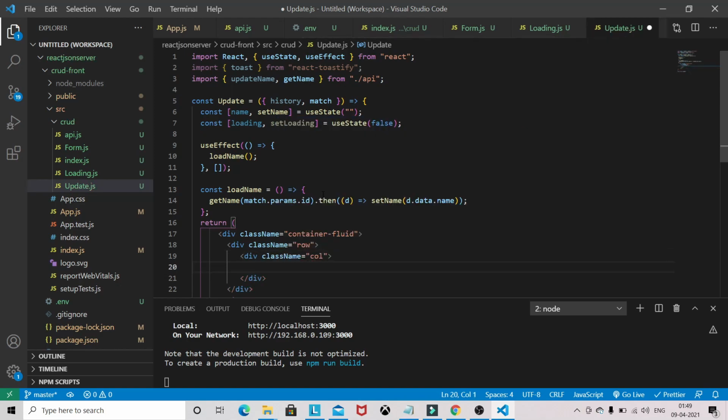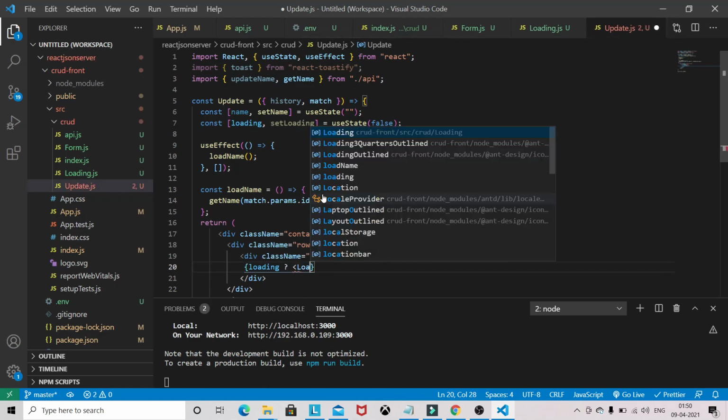Col. So if there is loading, I will use that component.